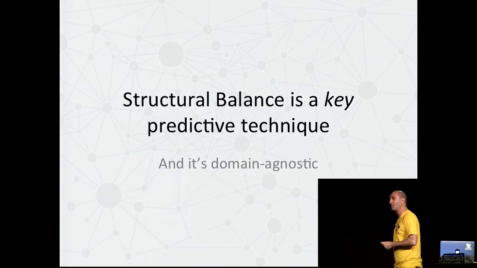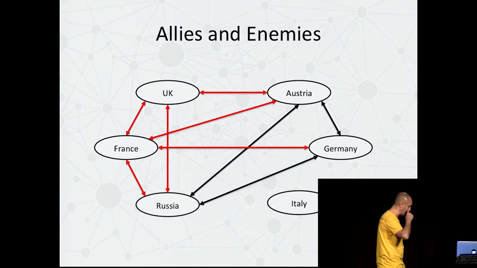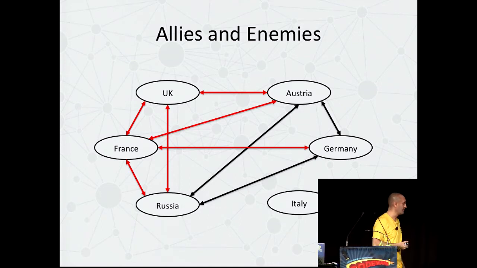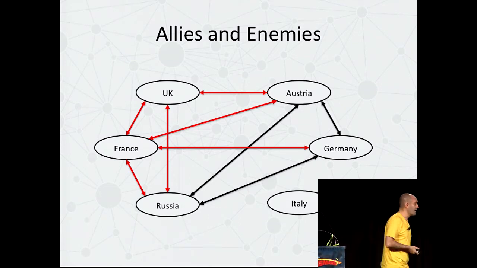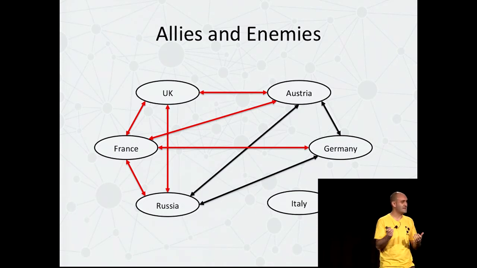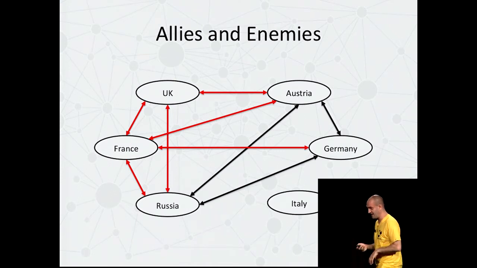And this structural balance is a key predictive technique. And what's more, it's domain agnostic. This is a model of the great houses of Europe in the middle of the 1800s. And I've stolen this example from a brilliant, brilliant book called Networks, Crowds, and Markets by Easley and Kleinberg. This is a phenomenal book. I mean, it's a thick, intimidating-looking academic tome, and you think that is going to be really, really dull. Actually, it's an amazing page-turner. It mixes graph theory and game theory. It is by far and away the best book, accidentally the best book on analytics you will ever read. It's definitely worth about 50 or 60 of your lovely Kiwi dollars.